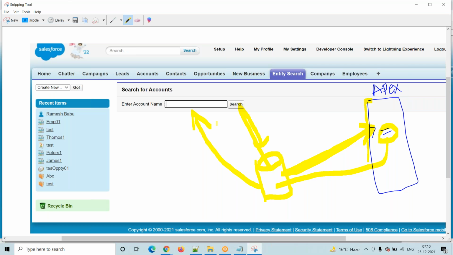Yes, I will hit the server. What is your problem? Sometimes we have to reduce the number of hits to the server to increase the performance. So these types of simple validation, why am I calling it a simple validation? It's just a null check. For these types of validations, we perform at the client side. Here, what is the client side? The Visual Force page. At the Visual Force page level only, we have to perform these validations. How to perform? We have JavaScript and jQuery.